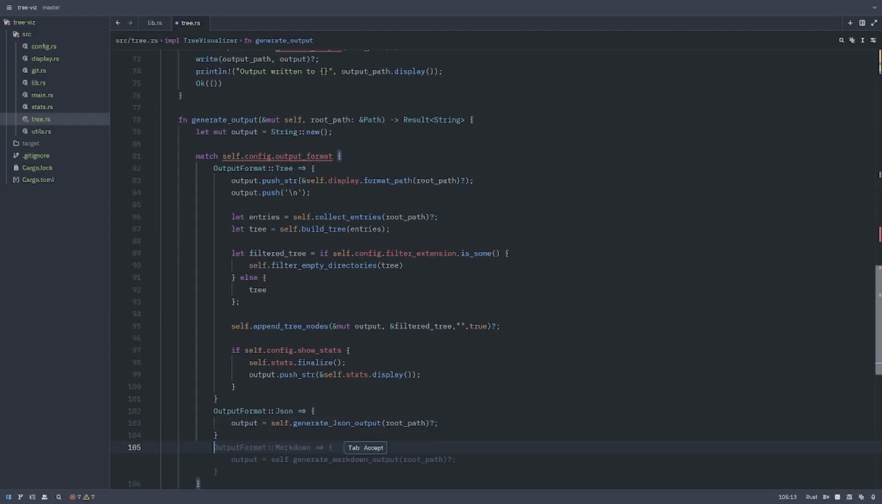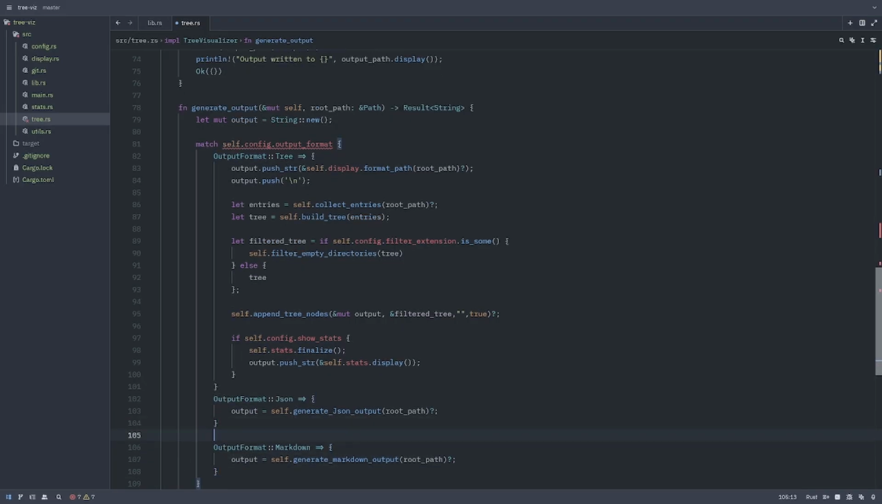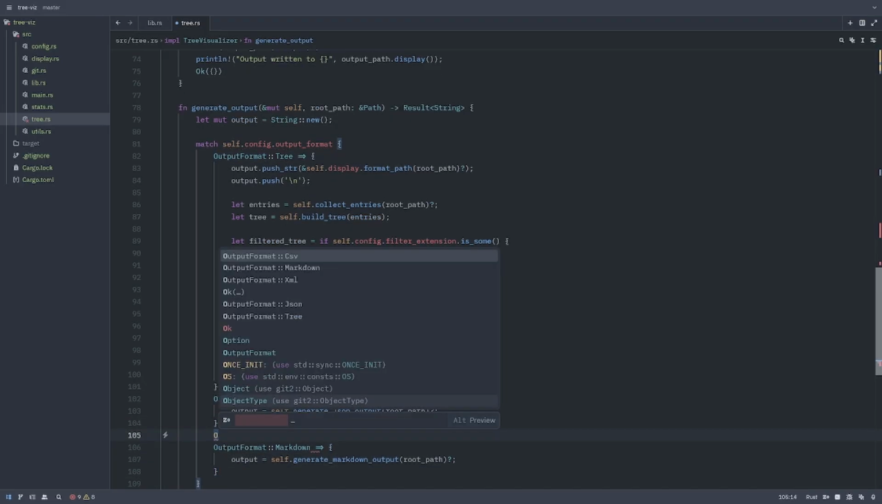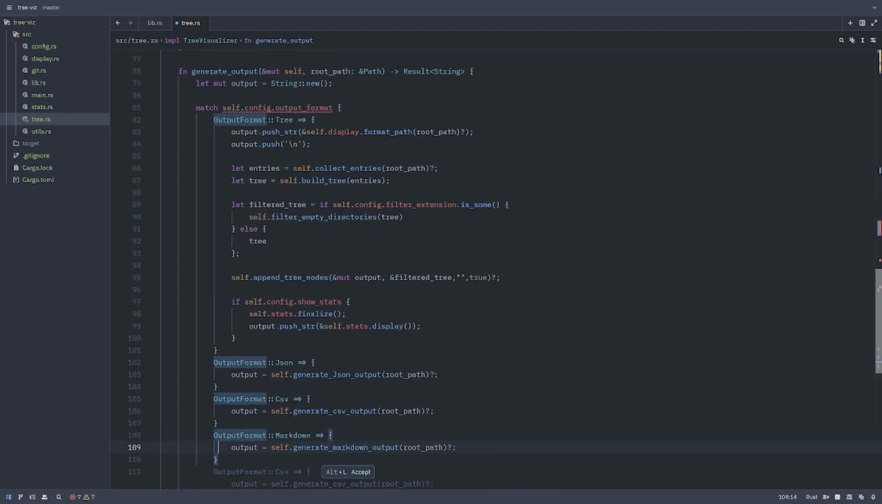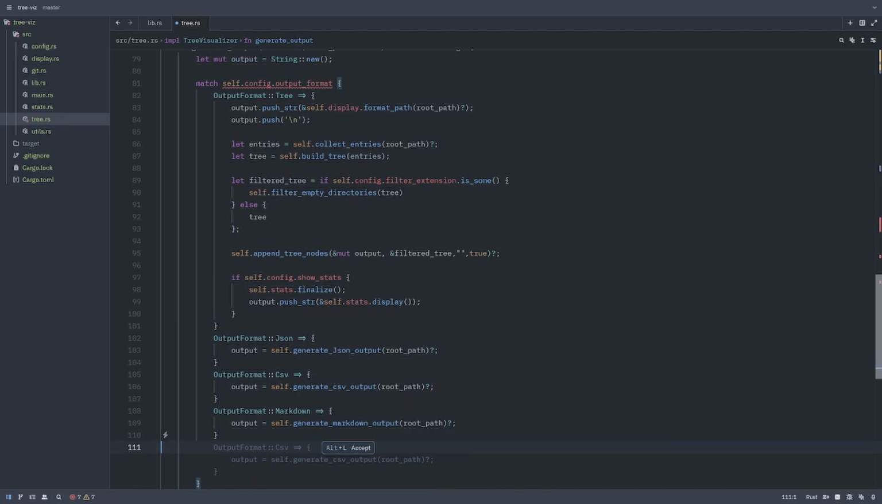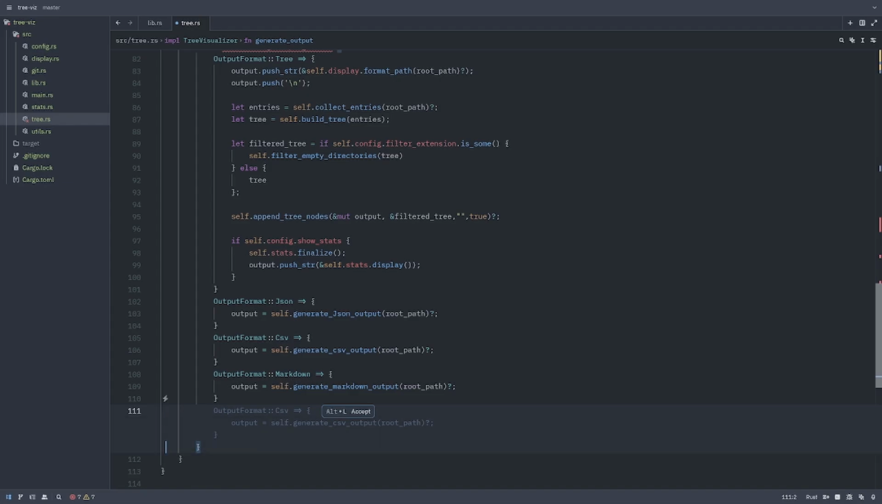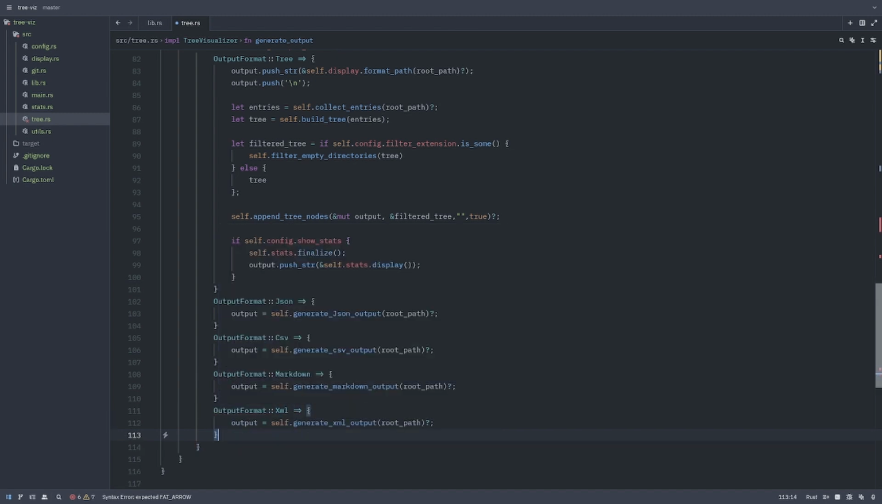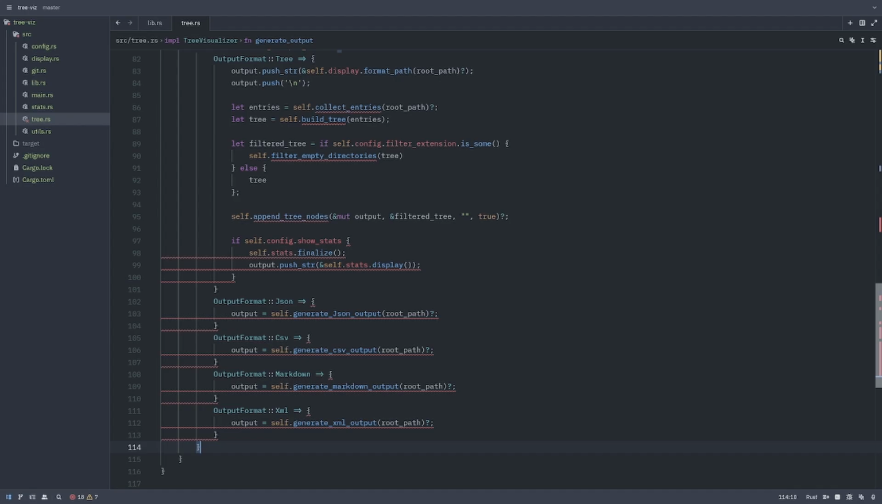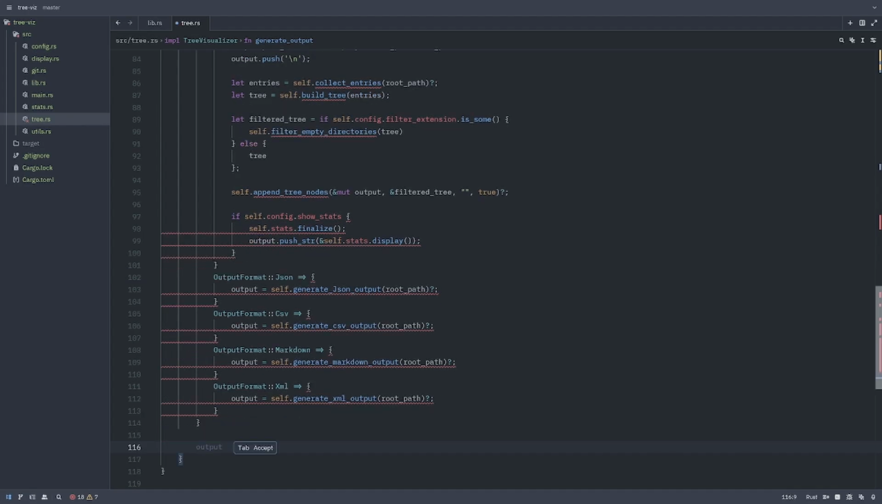and output for Markdown will be here for Markdown, and output for CSV will be a CSV, and for the XML format for XML. Okay. After it, from this bracket, okay,